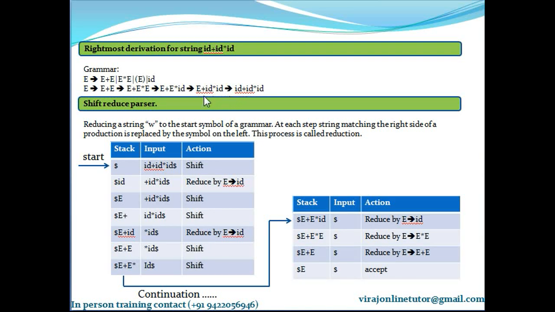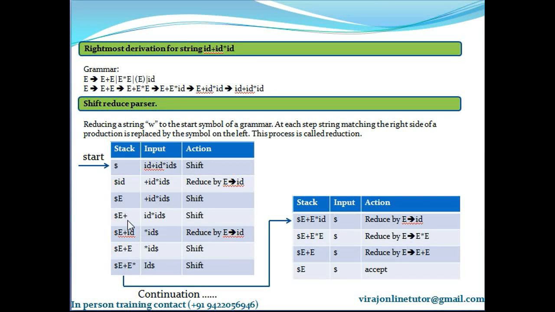That means we are going good. We have to go on opposite of rightmost derivation. What did I mention? We have to go opposite of rightmost derivation. So when I started off, I had ID plus ID into ID. But as I'm moving, I'm getting E plus ID into ID, meaning we are going opposite of rightmost derivation, meaning we are going on a right track. Correct? So now that we have this, we should try to get this, because we are going reverse of rightmost derivation. Since we are going reverse of rightmost derivation, and at this point we have E plus ID into ID, now we should focus to get this guy. Okay, so let's see if we get it.